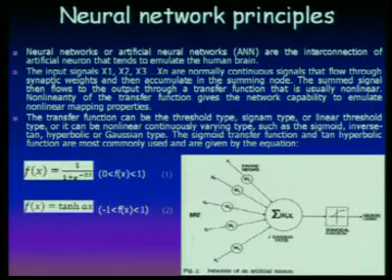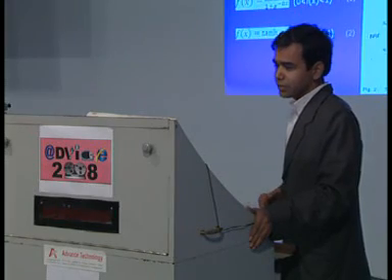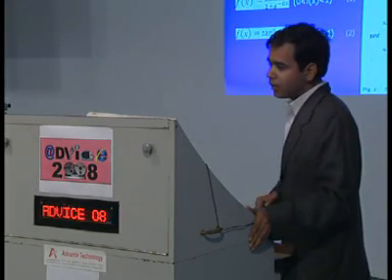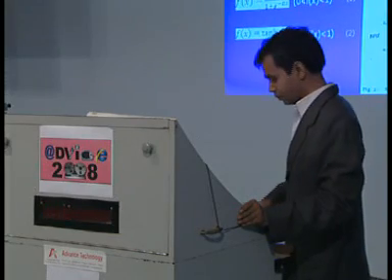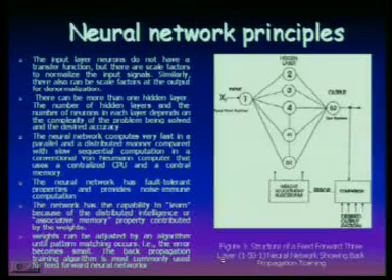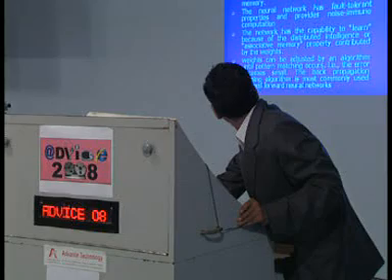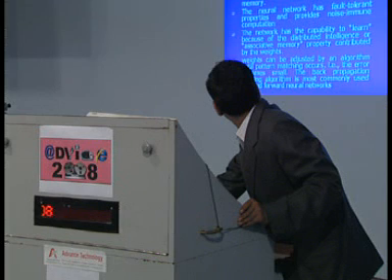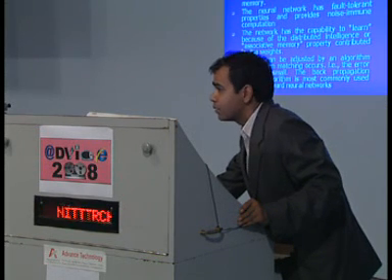Neural network principles: much has been discussed on neural networks, so I will just say that we have used a sigmoidal transfer function in this block diagram of the neuron. There is an input layer, hidden layer and output layer, and we have used the backpropagation algorithm, in which the output is compared with the desired output pattern, and the error is used for adjustment of the weights to get the desired output, down to the minimum error which we can tolerate.